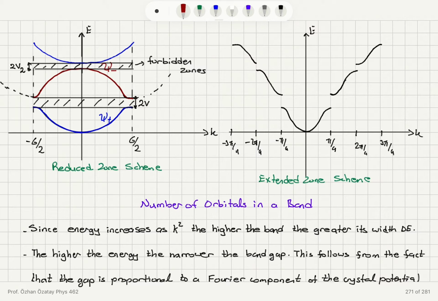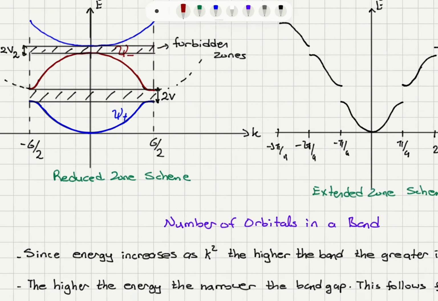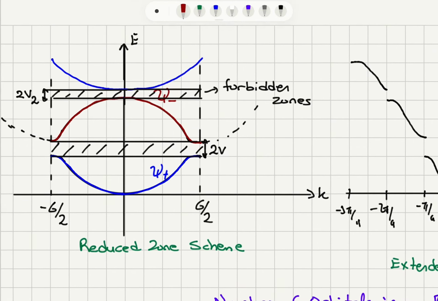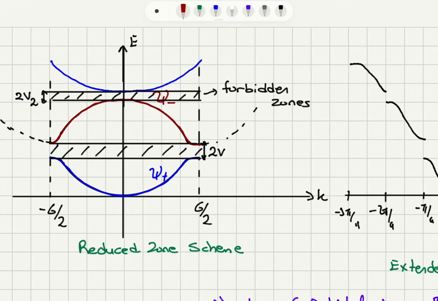Now, to summarize our results, in the reduced zone scheme, the nearly free electron model gave these energy bands. So in the first Brillouin zone, up to k equals G over 2 or minus G over 2, we have a solution that looks like the free electron solution, but here we have these energy bands. And we can see that psi plus and psi minus solutions give us